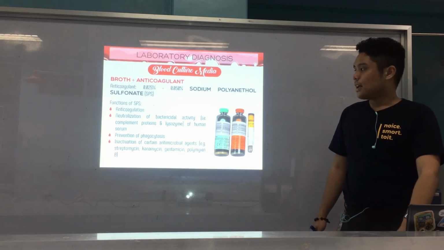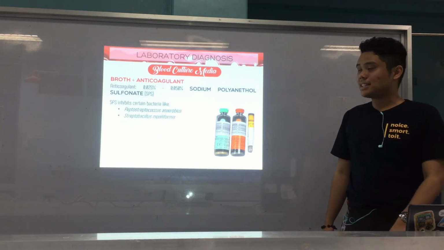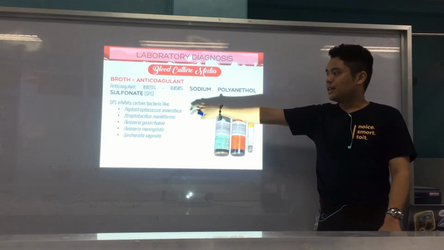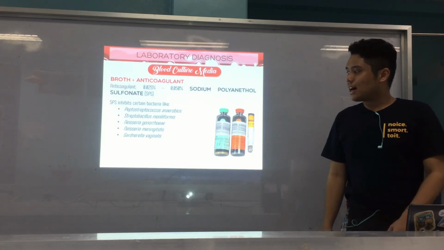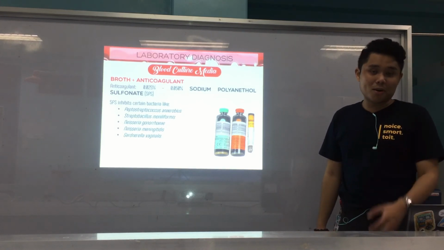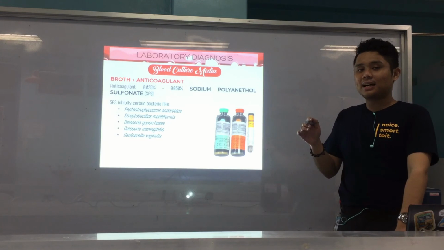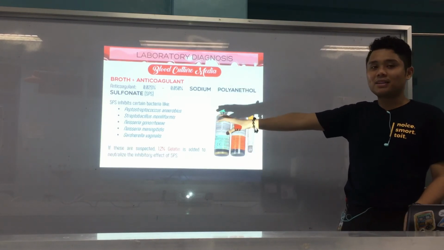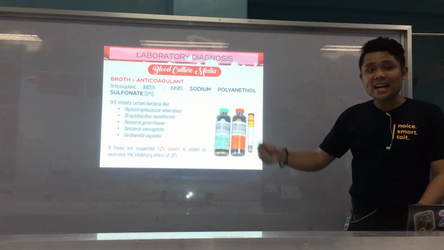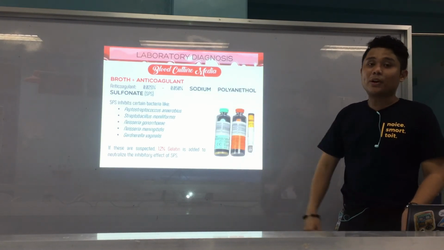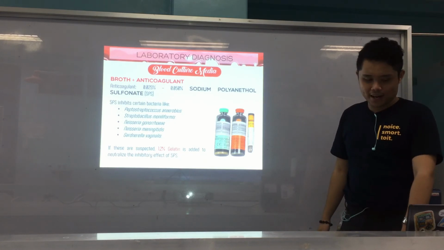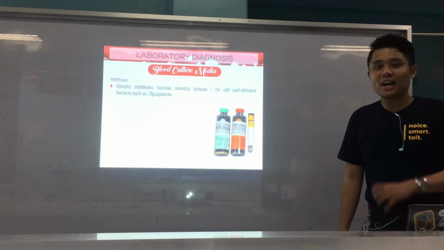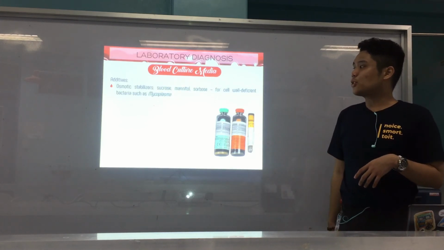Alright. Okay. But SPS inhibits these bacteria. As you can see, medyo mga fastidious ni sila. Streptococcus is an anaerobic. Streptobacillus, Gardnerella, again, some fastidious na mga organisms. So if para dili sila ma-inhibit, we add 1.2% gelatin. Please take note. Kung saan mga organisms ang ma-inhibit sa SPS, kani sila. And unsay i-add para dili sila ma-inhibit by SPS, 1.2% gelatin. Okay. Alright. Now, for some additives, pwede siyang butangan og osmotic stabilizers such as sucrose, mannitol, and sorbose for